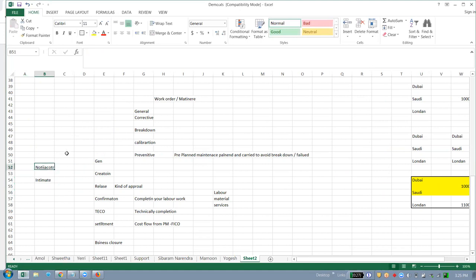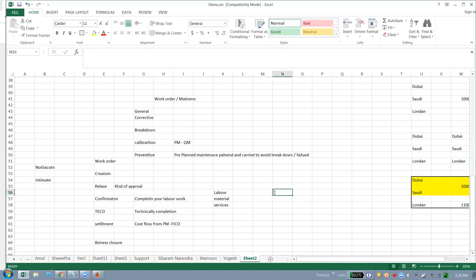So from the notification, you can create your work order. Breakdown starts with notification, and from the notification you need to create the work order. Corrective maintenance, there is no issue, same process. Calibration, that is PM to QM module integration. That also we will be seeing. Inspection lot, inspection generation and all will be coming. That we need to carry.